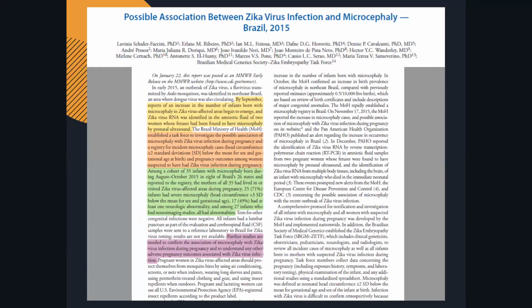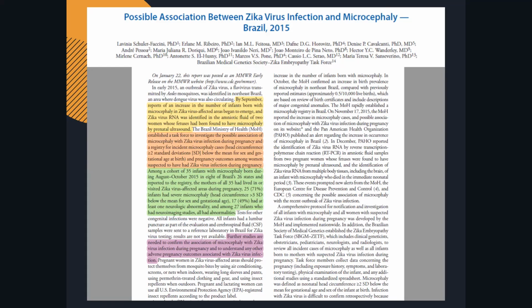The Brazil Ministry of Health established a task force to investigate the possible association of microcephaly with Zika virus infection during pregnancy, and a registry for incident microcephaly cases with head circumference more than or equal to 2 standard deviations below the mean for sex and gestational age at birth, and pregnancy outcomes among women suspected to have had Zika virus infection during pregnancy. Among a cohort of 35 infants with